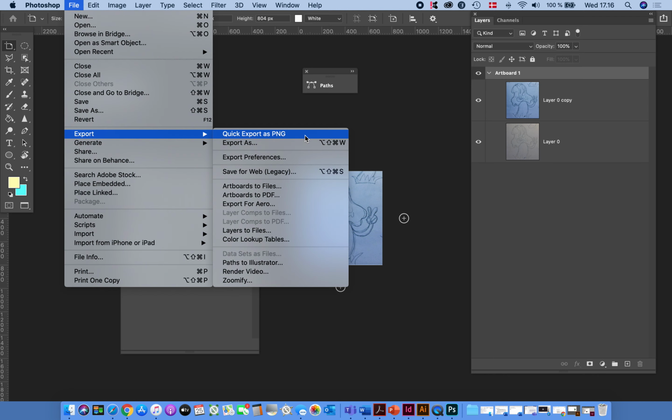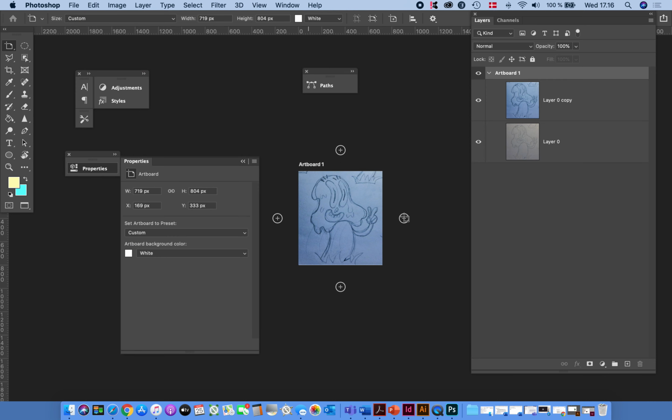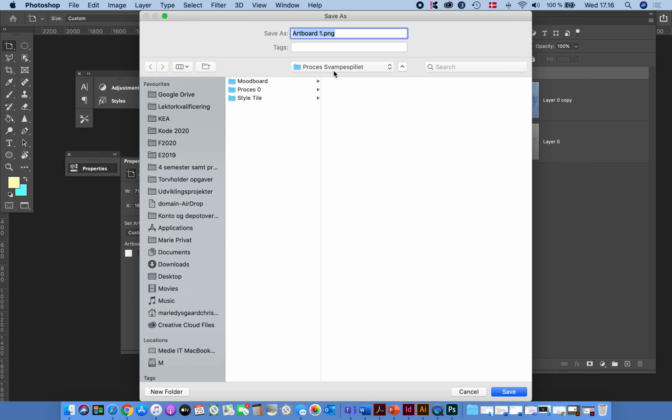So I'm just going to export it as a PNG here under export and quick export. Like that, and put it somewhere that makes sense. It's important to have a good structure in all your files and folders, especially when you're working on a big project as this project is. So I'm just going to call it